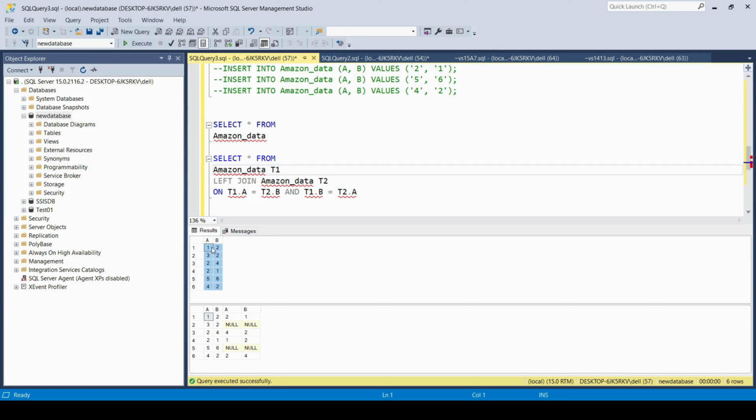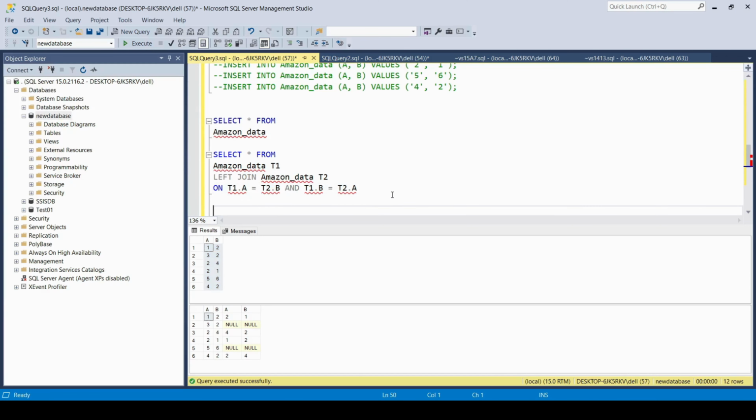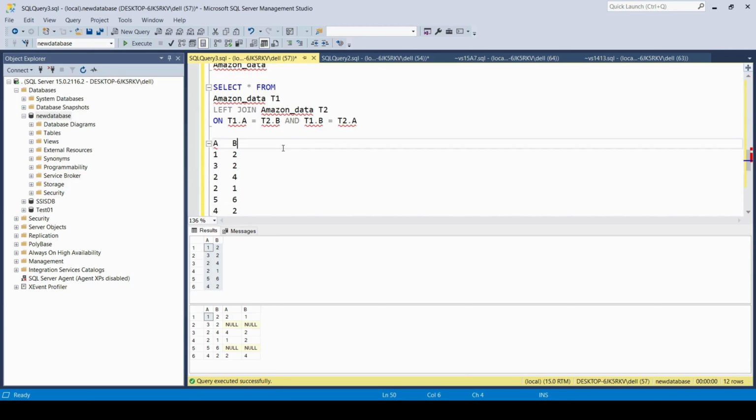I am just copy pasting this table also so I can explain more clearly. This is the T1 table. So what we did, we matched this T1 dot A with T2 dot B. So this one should match with this one. If it is matching, then we are populating the values. Like you can see that here 1 2 is having 2 1 because 1 is matching with this one. Perfect. Now coming to the second condition,